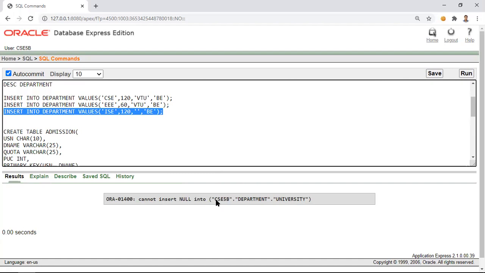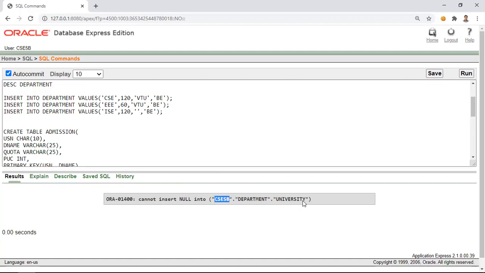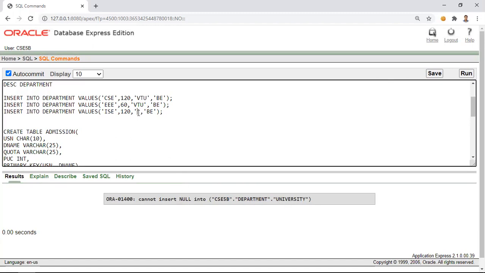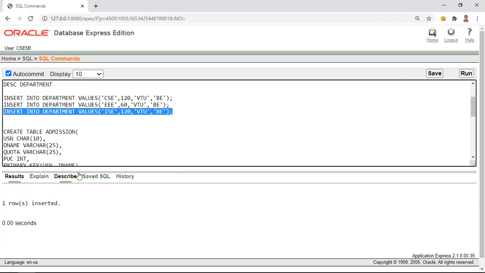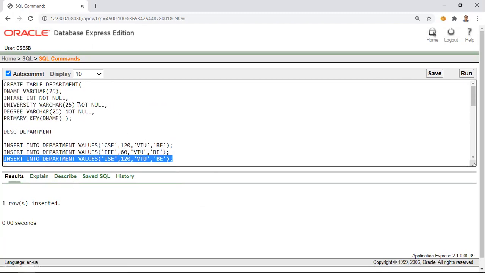This is the username, table name followed by the attribute name. So for university, we cannot have null. So we need to specify some values. Okay, now it is inserted. So this not null makes sure that the attribute will not take null values.